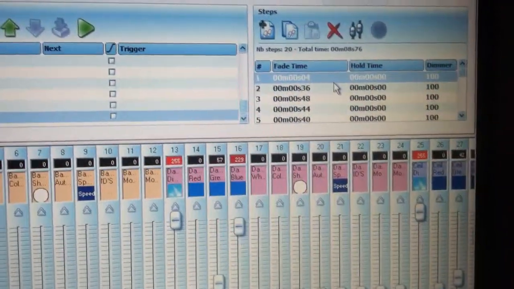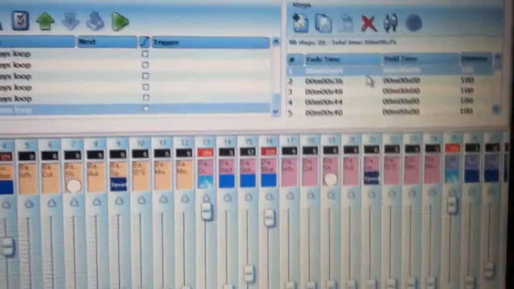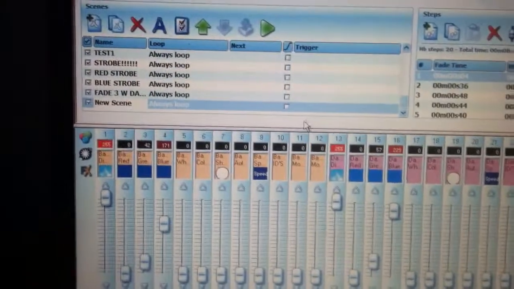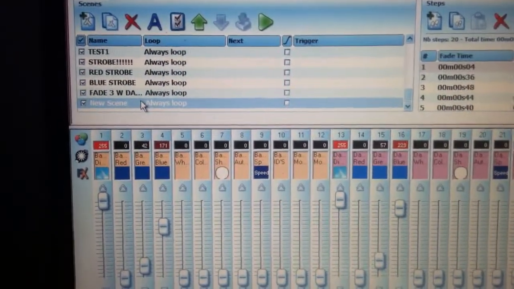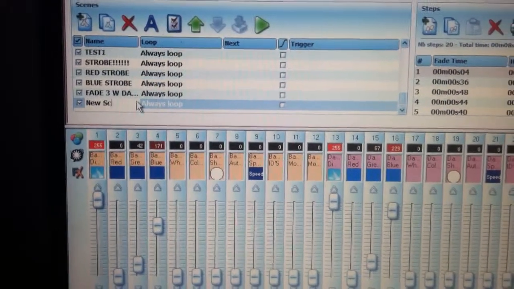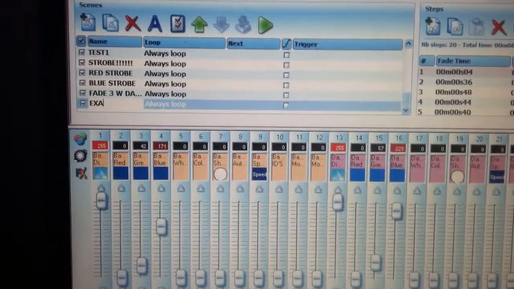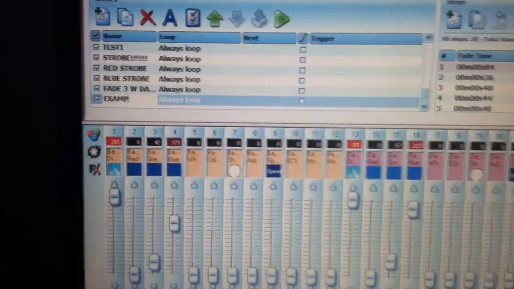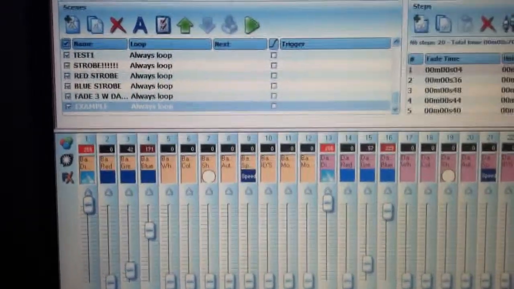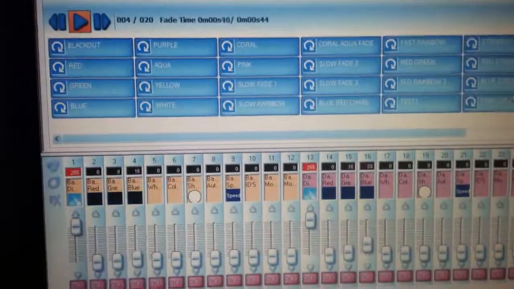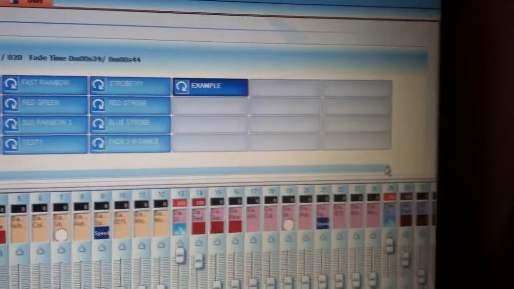This is just saving you the hassle of manually making this. I'm going to click here and name it. Name this example for you. Hit enter. Now when I go to the user screen, over here somewhere, yep, there we go,